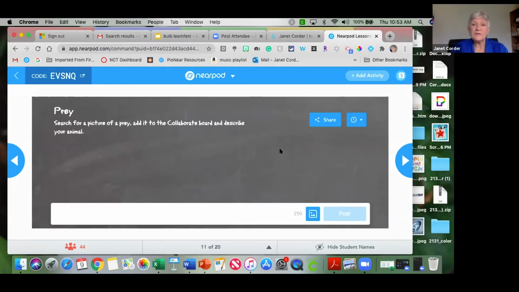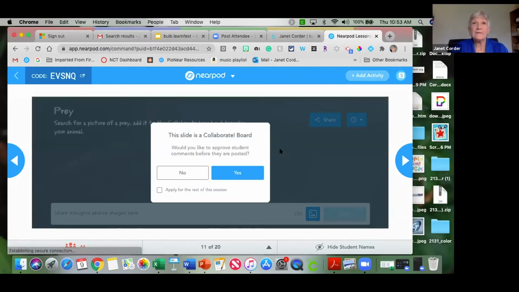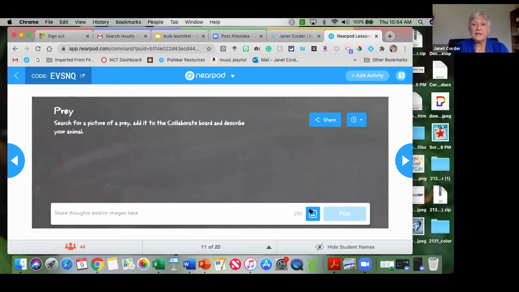No, this is what's called a collaborate board. And so this is one way for me to gather input from every student. And so I want you to click on this little blue icon image and search for a prey. Now, if you put in the word prey, you're going to get the movie. So put in an animal that you know is a prey. And if we had time, I would have you explain what that animal is and tell me what makes that